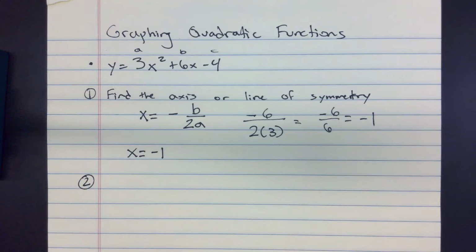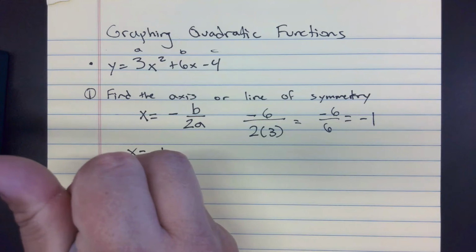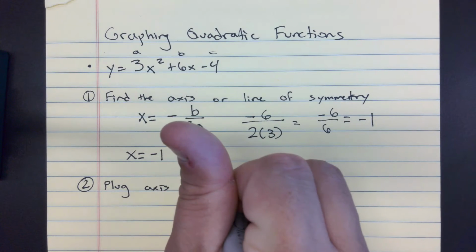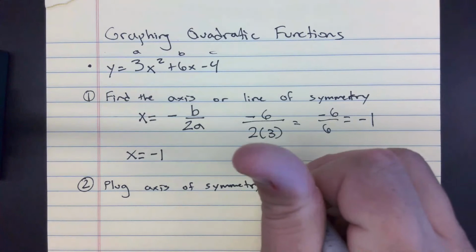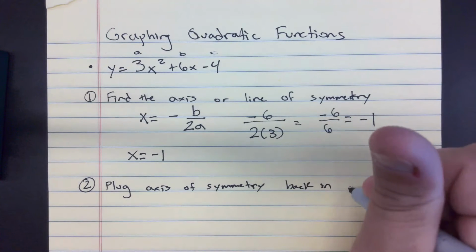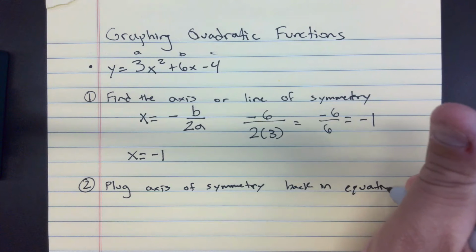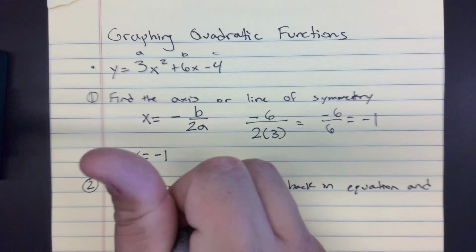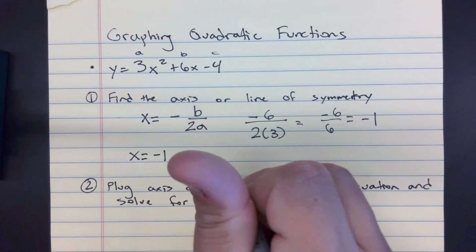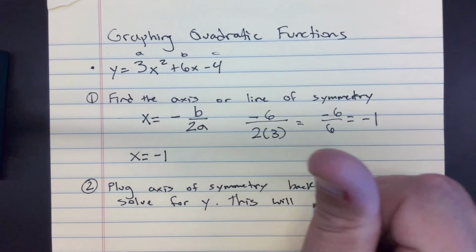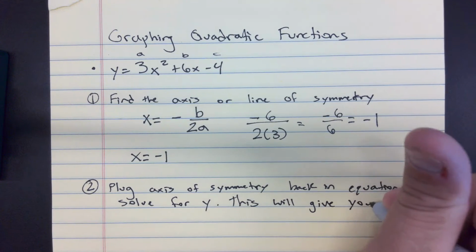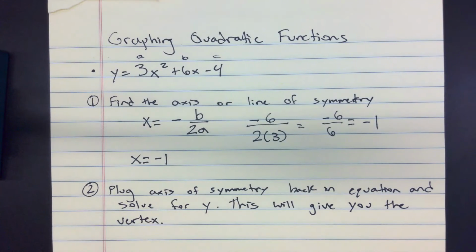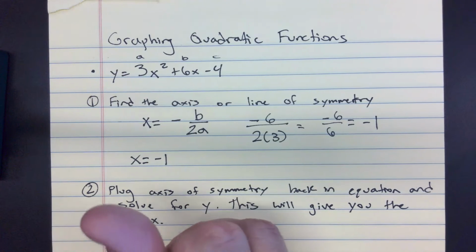Step 2. Plug the axis of symmetry back into the equation and solve for y. This will give you the vertex. So what that means is you're going to get y equals